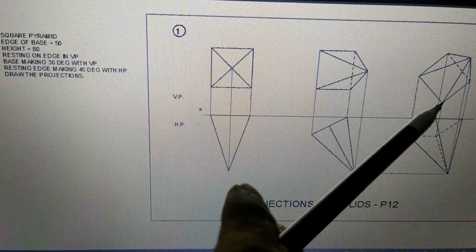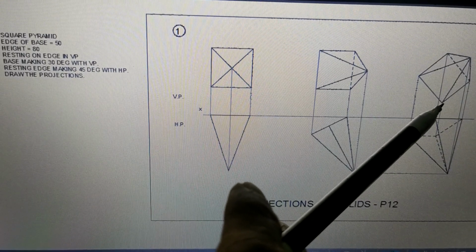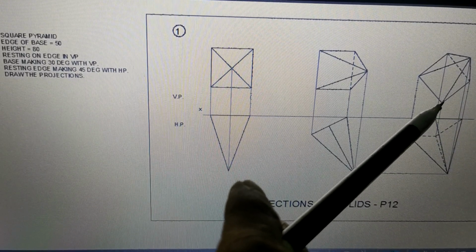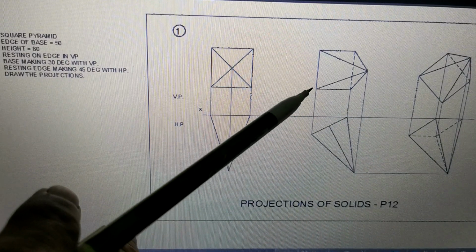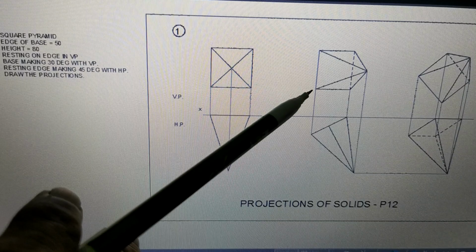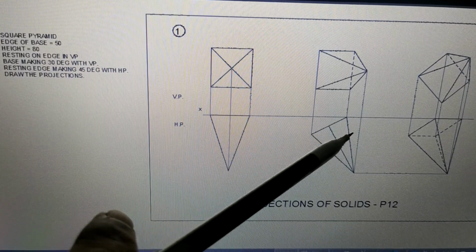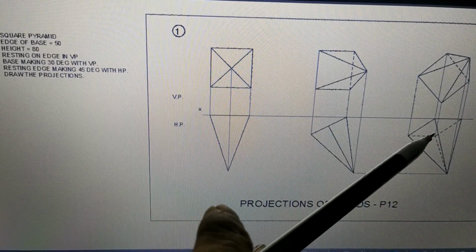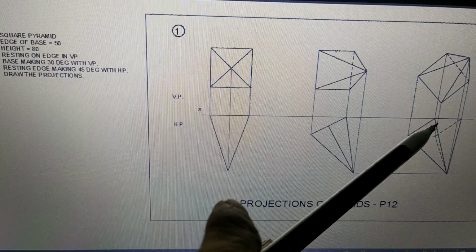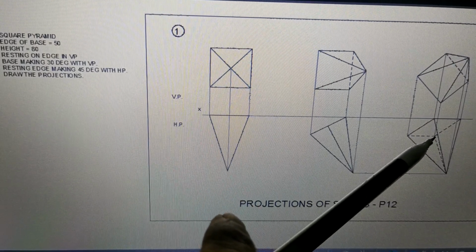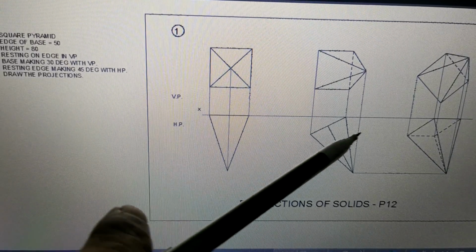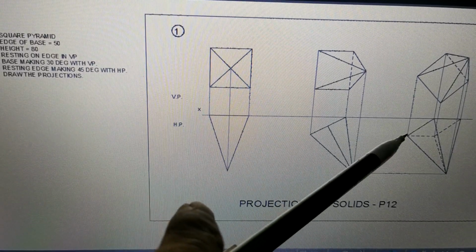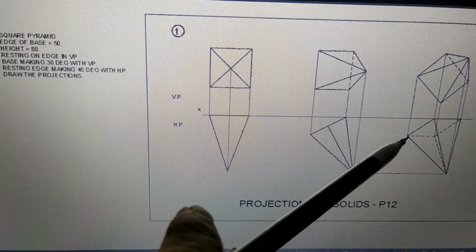Now let us try to draw point C here. Now this point C is here, and in this case this corner means this corner, so C is here. When you write point names, it is more clear. So this C means this C. This C projector line will come like this. Another projector line will come from this C, and this becomes your point C. Similarly, D is here, D is here, D is here. When you project, D is here. So this is the position of D.